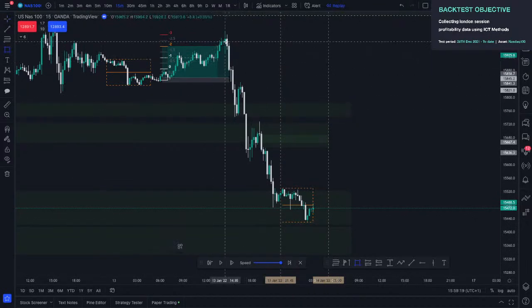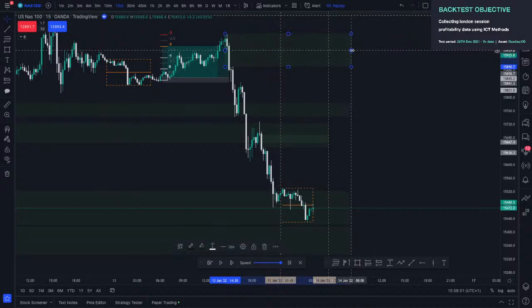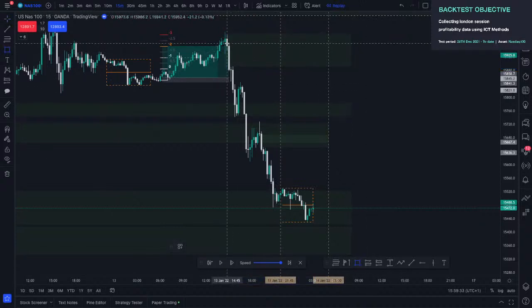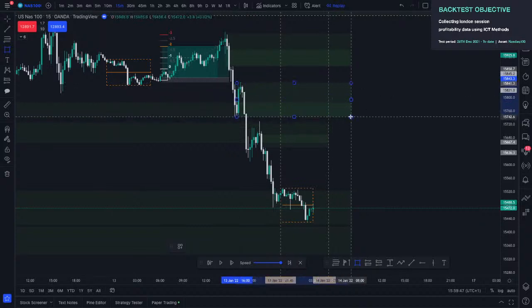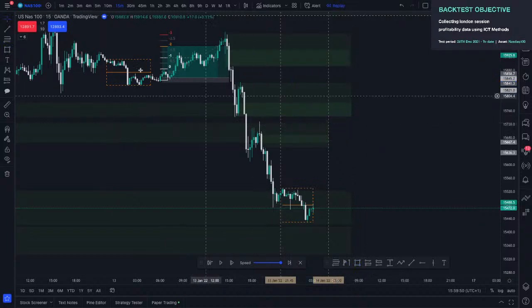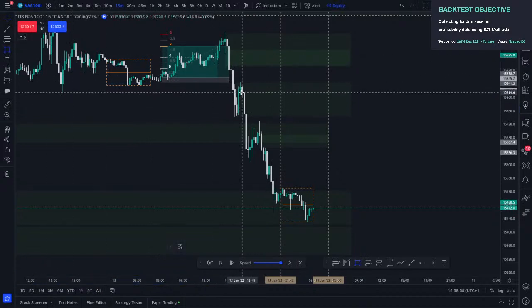I can mark it actually. I'm going to mark this area out. Let me just create a heat map real quick of what I'm looking at or what I'm expecting. So heat map number 1. Here is going to be area number 2, where we could expect a test to the downside. And we have, let me just remove this right here. Actually, I don't need it. We have heat map number 2